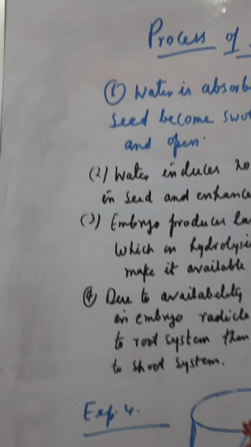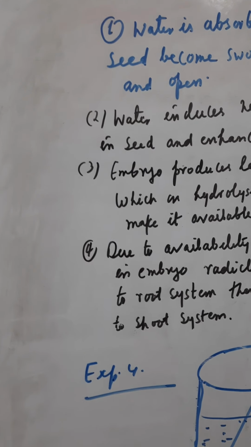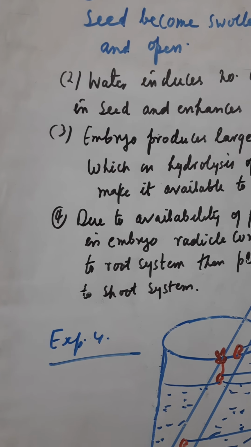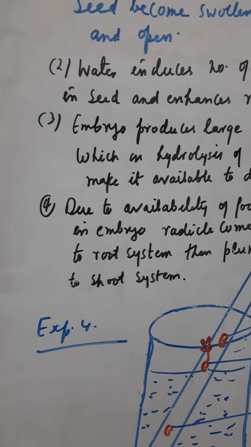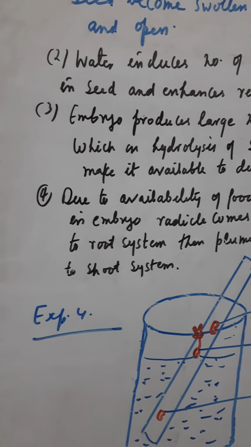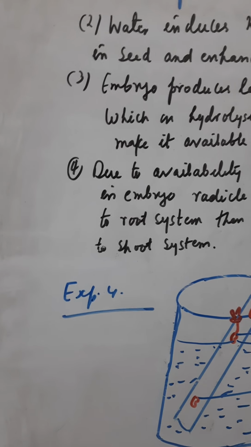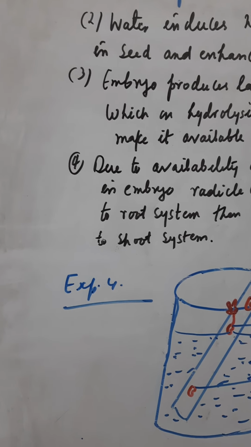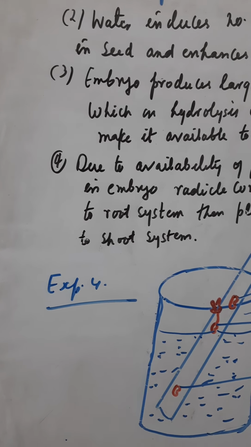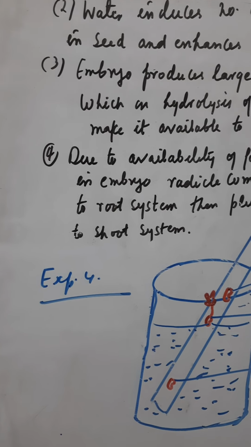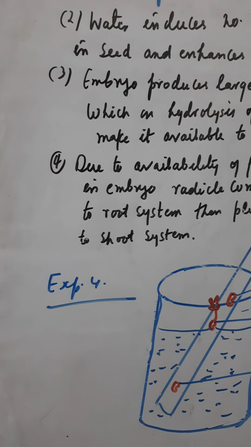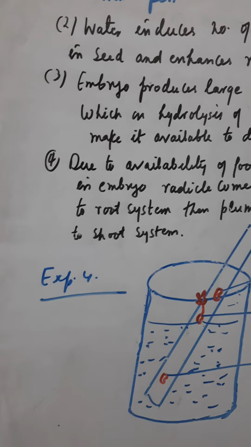In flask A, pyrogallic acid is there along with the NaOH dissolved in the test tube, whereas in B there is a similar test tube but it contains water. So close the mouth of both the flasks with an airtight cork so that no air enters from outside, and these flasks are kept at room temperature for a few days.